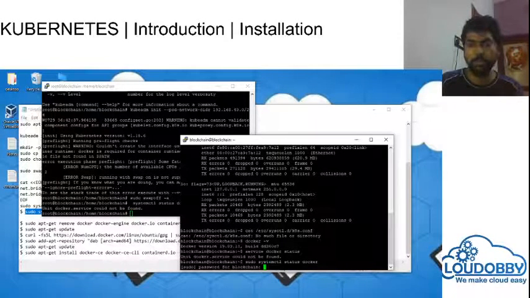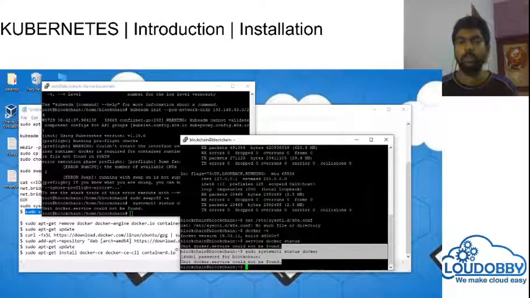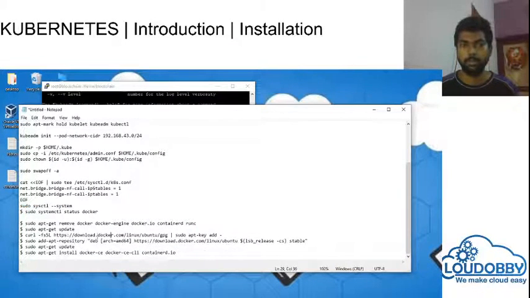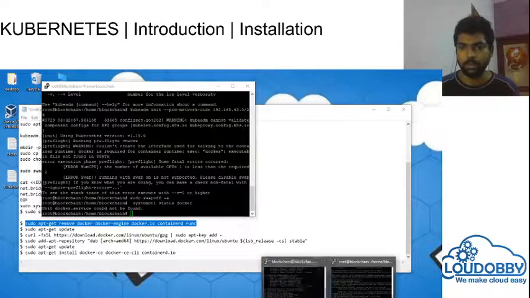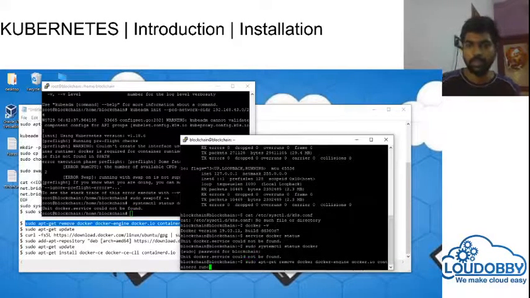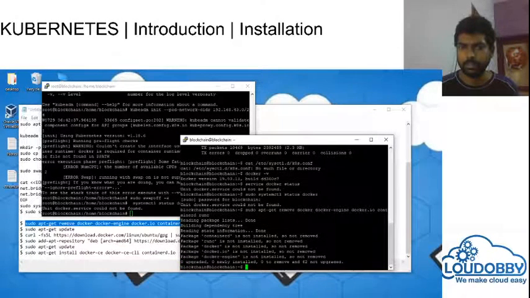I'm not skipping any of the error messages so that you will also come to know what the troubleshooting is, instead of just showing the solution. So I am going to remove the Docker from the system. Maybe it's the old Docker I am using. So it seems these packages have not been installed.